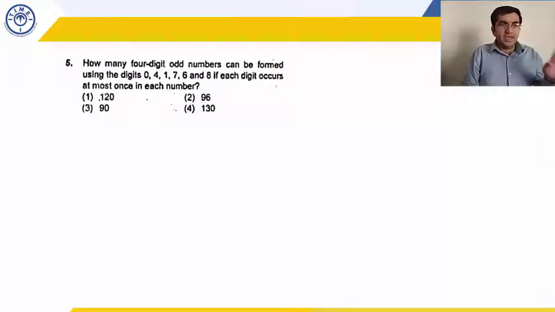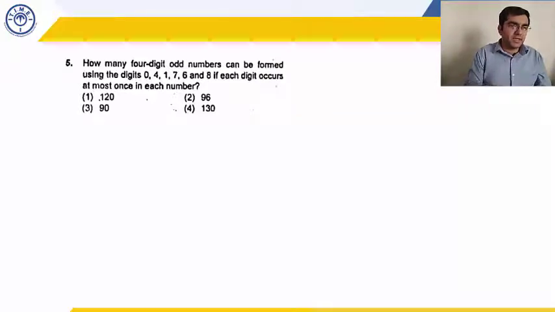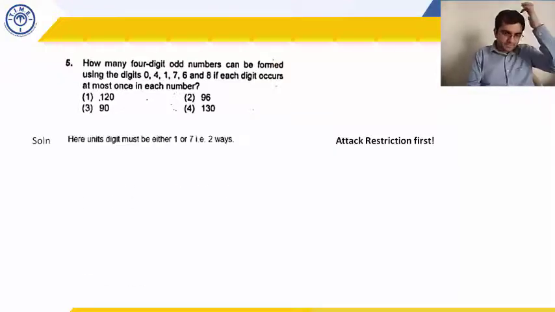One number is used. Now you are left with 3 numbers and a 0. So total 4 digits. So first place is filled in 4 ways, last place is filled in 2 ways, and you still have 4 numbers remaining. Second place can now be filled in 4 ways, and third place can be filled in 3 ways.